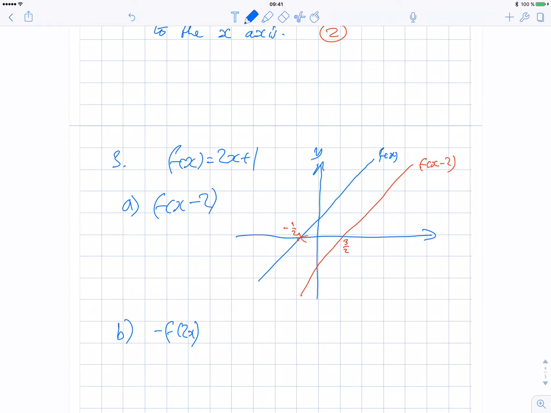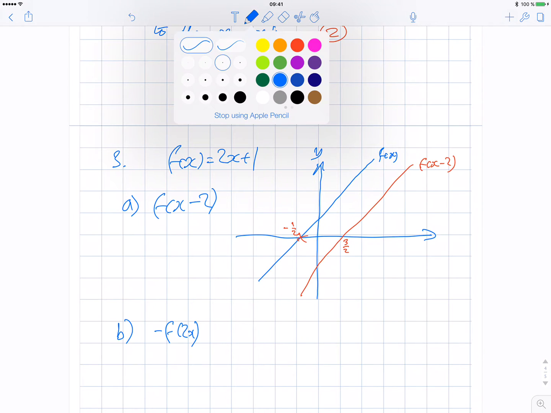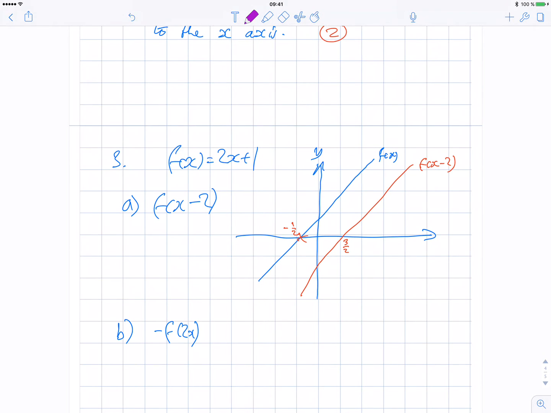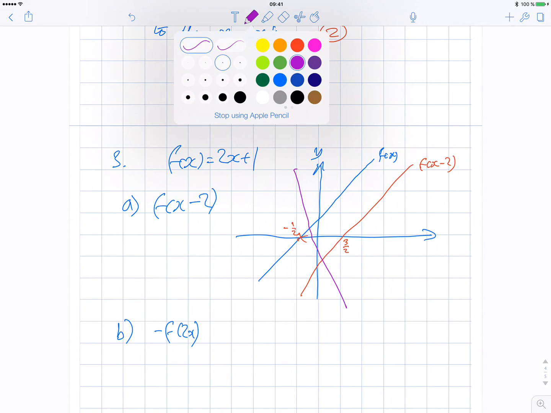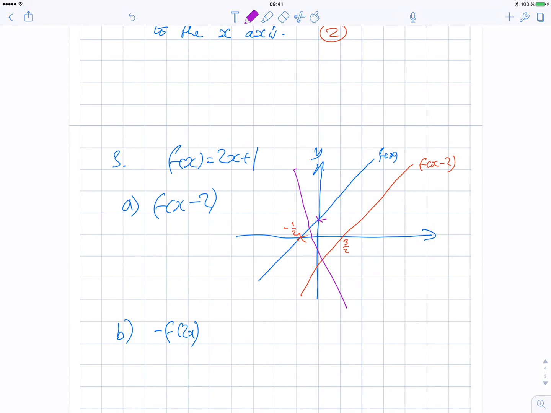So f2 of x is equal to minus my function that I've defined times 2 times x. And it's a bit steeper, and what it does is it cuts through at 1, that's cutting through at minus 1,